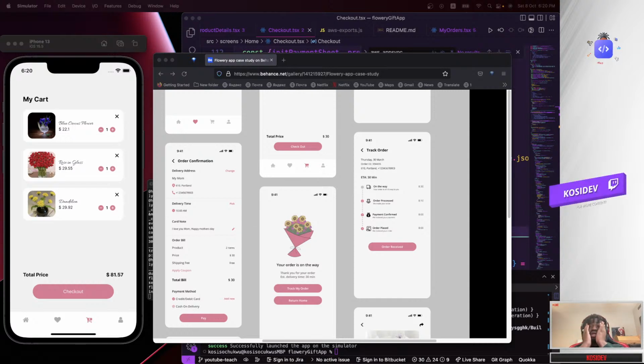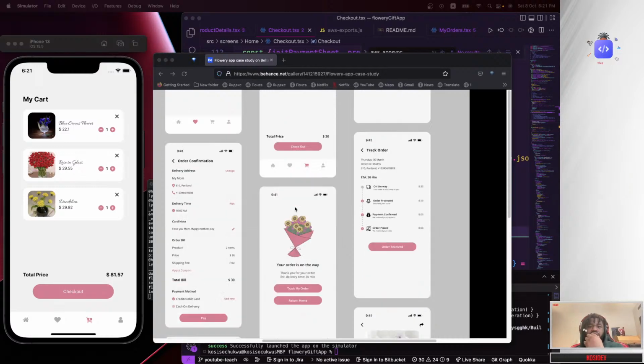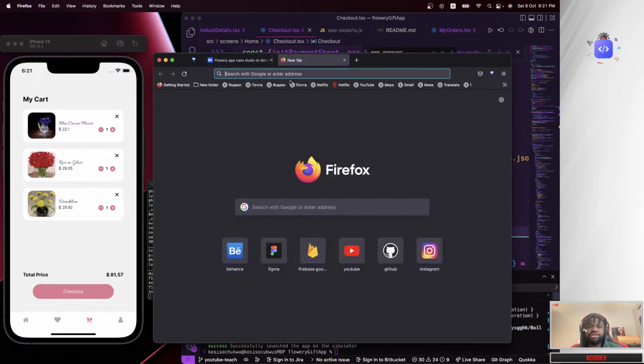Okay, that's just the intro and a short brief of what has been happening so far. Let's get straight to the project and try to finish up the remaining part from where we left off last time. If you have been following along, we stopped at a part where we are trying to integrate Stripe, adding Stripe as one of the payment systems in our app, and you can see that in my previous video here.